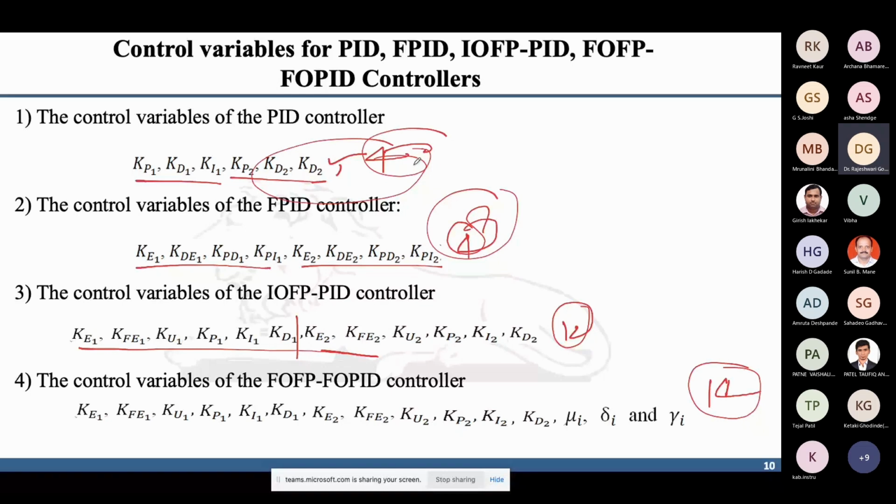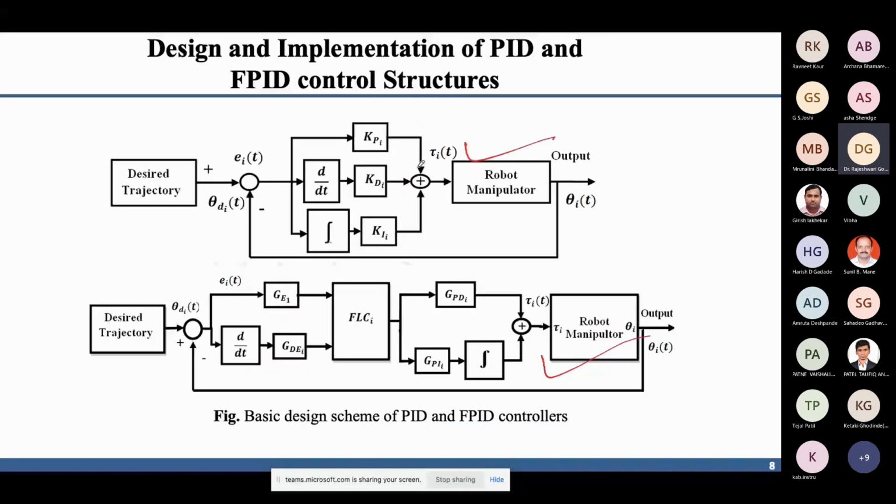I'm not discussing the ABC optimization technique in detail, because again it's a different topic. I'm focusing my talk on the controller and robot only. Okay, and this trajectory again you have to design. This is known as trajectory generation.